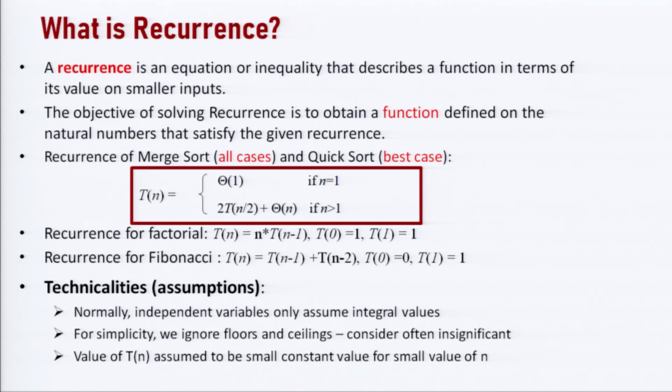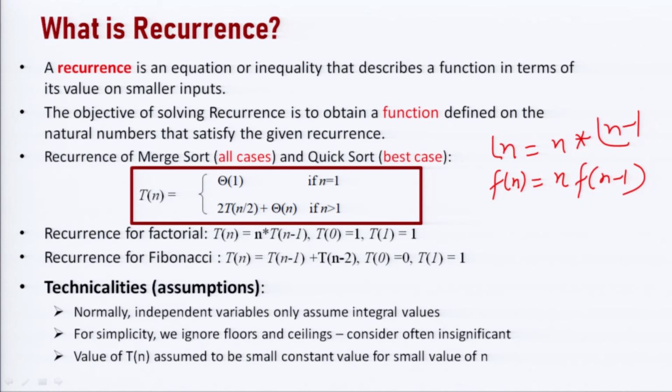If we talk about a recursive procedure like finding the factorial of any natural number, we write down a formula that factorial of n is equal to n into factorial of n minus 1. If this factorial is represented by a recursive function, this can be written as f of n is equal to n into f of n minus 1. So, this is what a recurrence is.